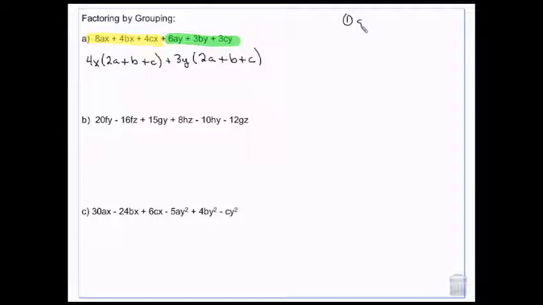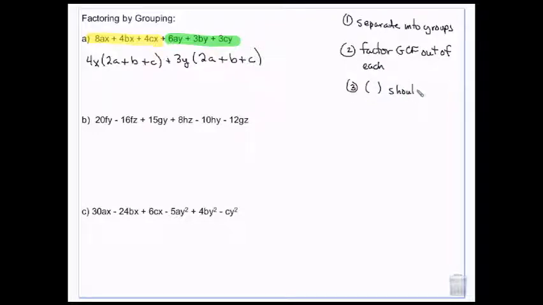Right, so step 1 is to separate into groups. Step 2 is to factor the GCF out of each group. Step 3 is the parentheses should match. And on a side note, if not, recheck steps 1 and 2. Okay. Step 4 is the parentheses becomes